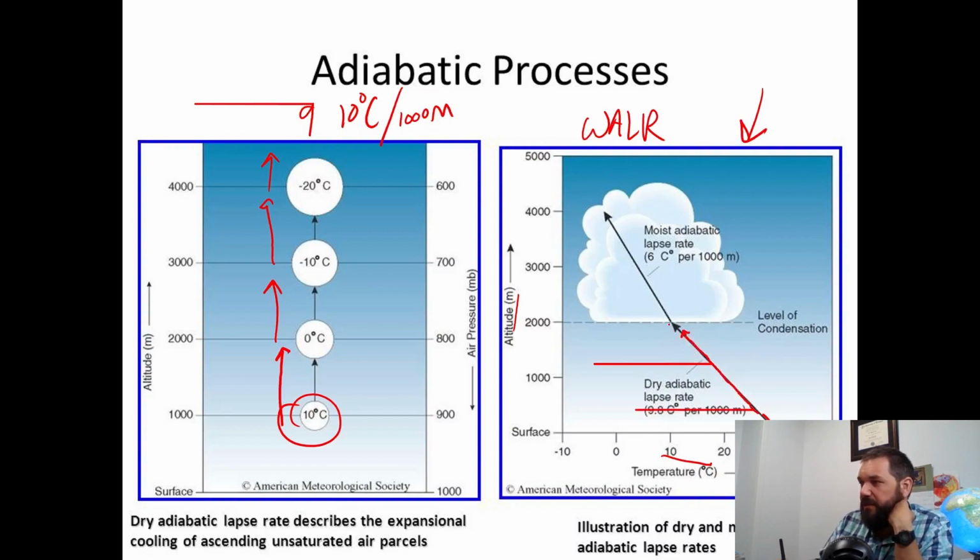Then notice that when condensation begins and you hit the dew point, that's the temperature at which a given parcel of air with a given specific humidity reaches the dew point. You're going to have condensation. Okay? You're going to have condensation, and then that's going to change the adiabatic lapse rate value. And it's going to change it to the wet adiabatic lapse rate value. And the reason that there's a difference